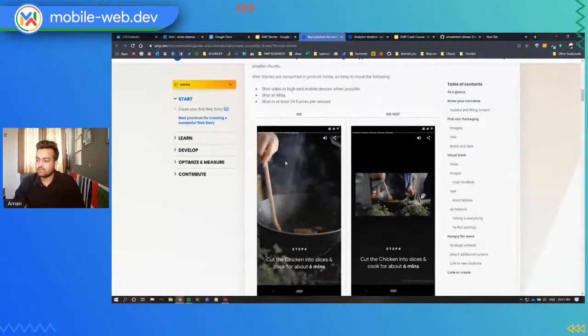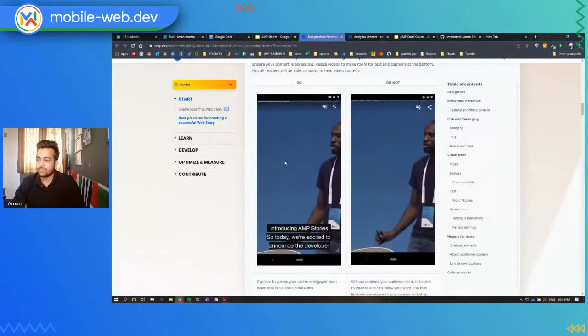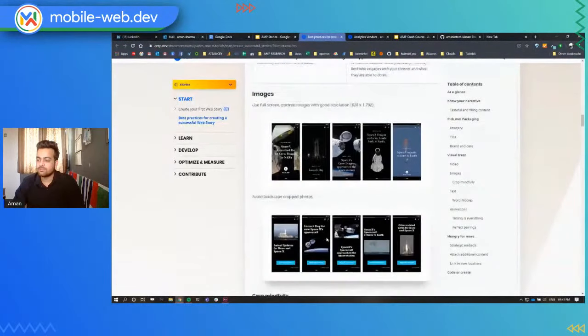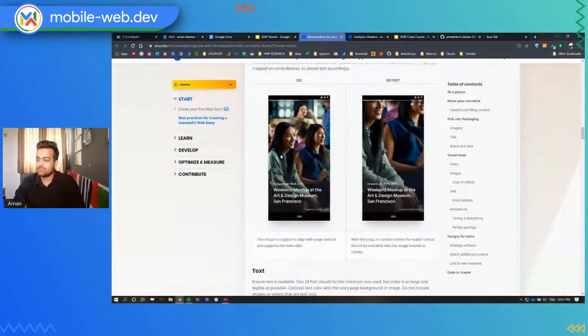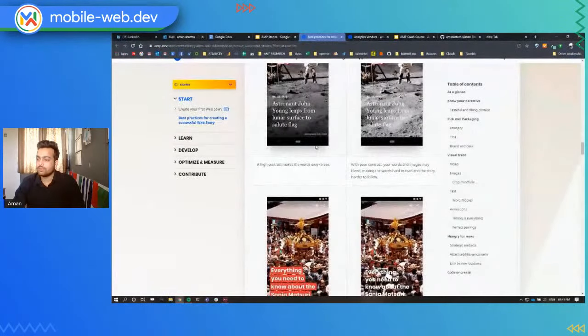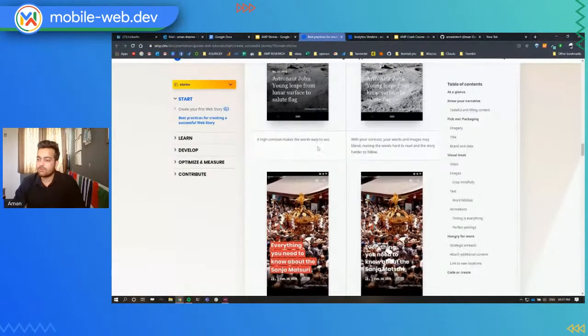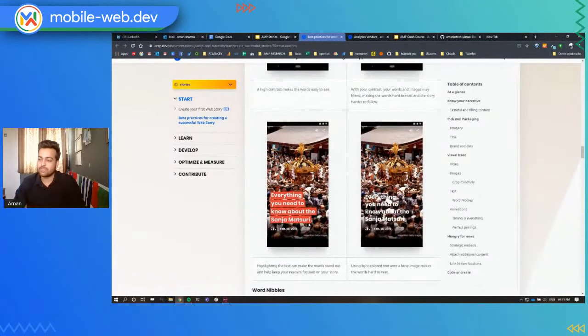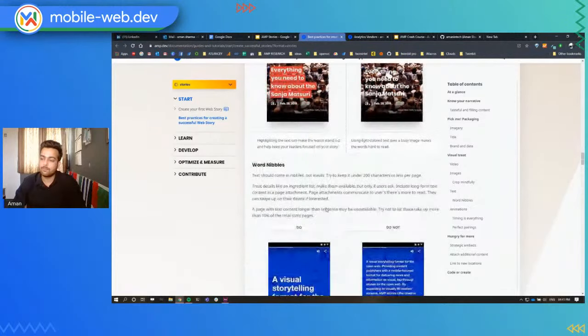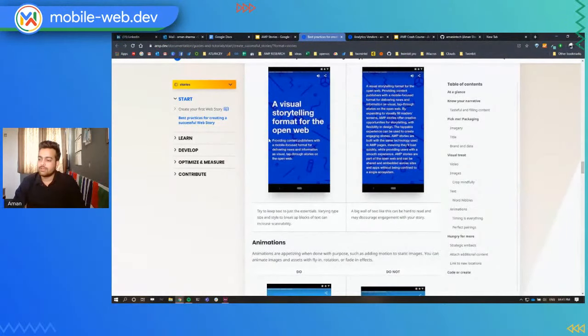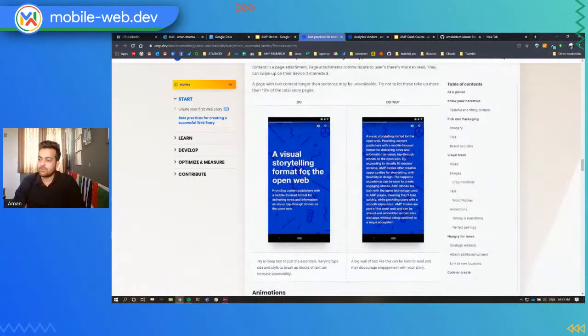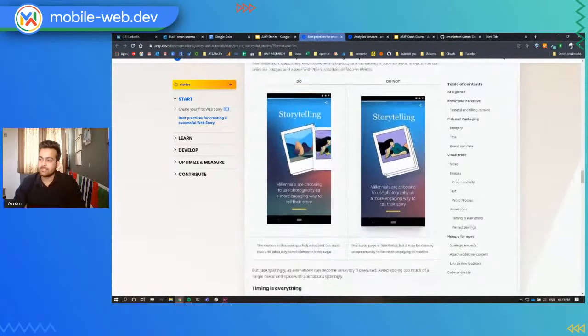I already discussed this part: you should include full bleed videos, you should use captions, then images should be full bleed, and nothing should be cropped out for the photos. The text should have high contrast. If somehow you cannot, this is again a good option: you can apply a background to the text that you are writing so that the text independently has a background and everything is easily readable. And you should not include a lot of words in this case. It becomes a little hard for the person to read it.